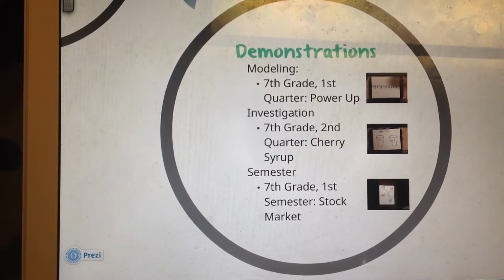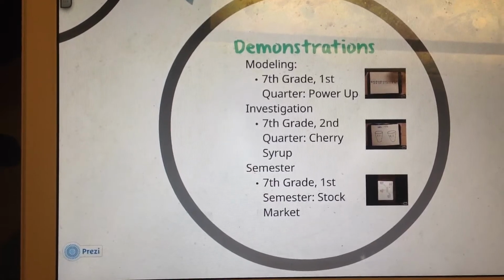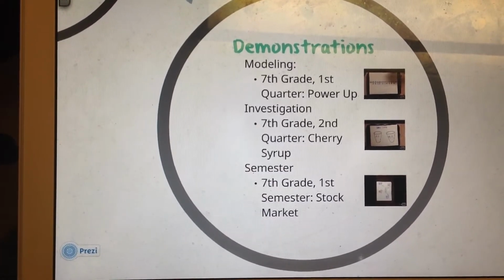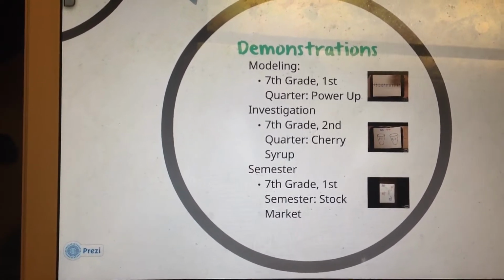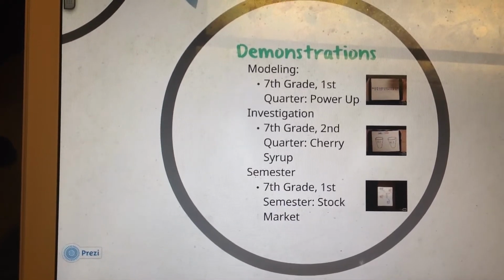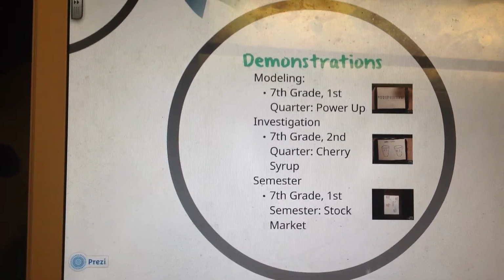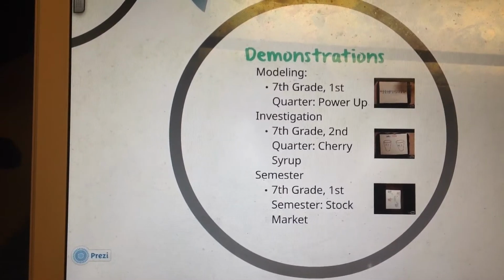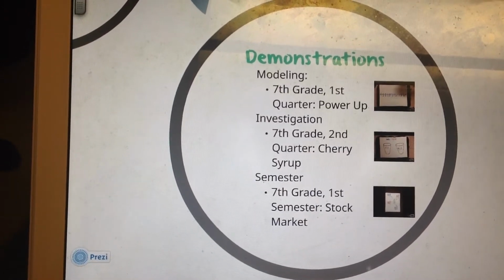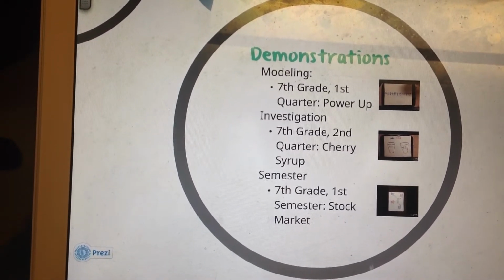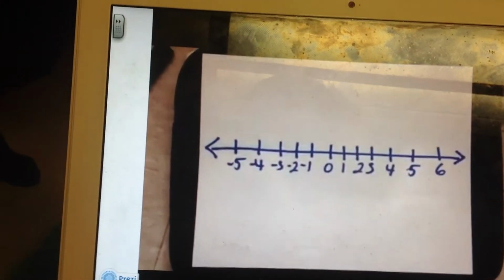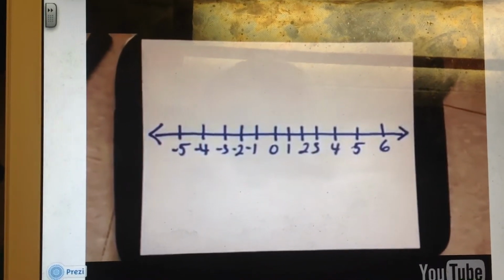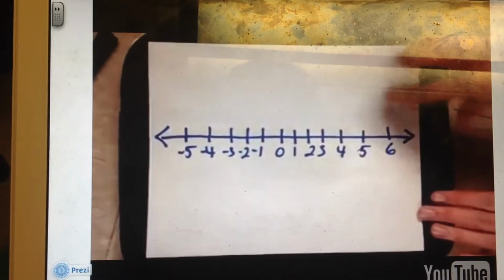For our curriculum plan, we did demonstrations all from 7th grade, which are the 7th grade first quarter Power Up for modeling, 7th grade second quarter Cherry Syrup for investigation, and 7th grade first semester stock market for semester long plan. It's the modeling activity called Power Up, which to start off you draw a number line like this from